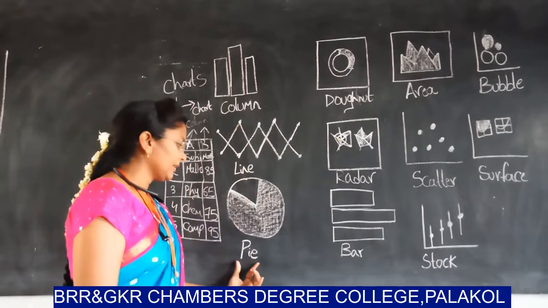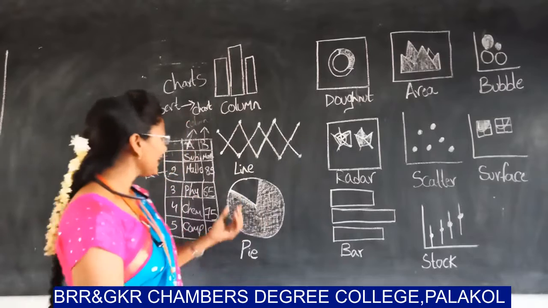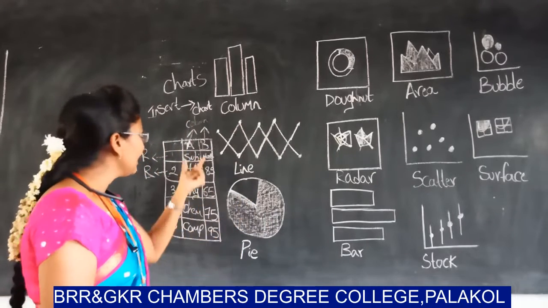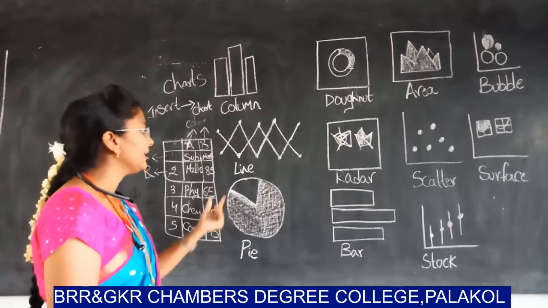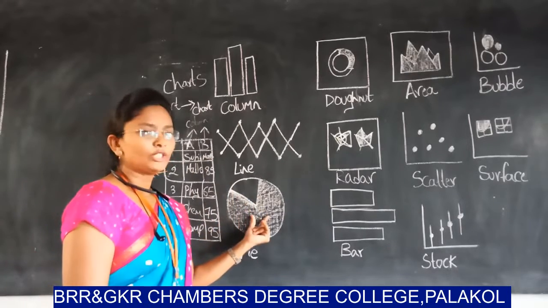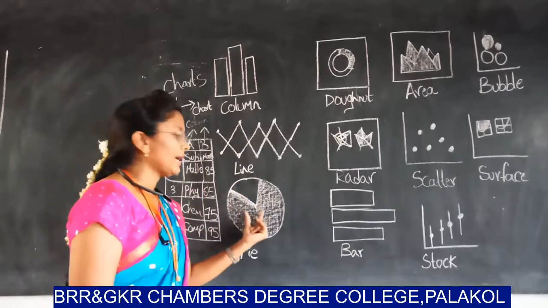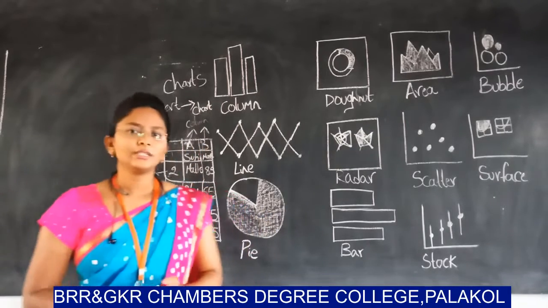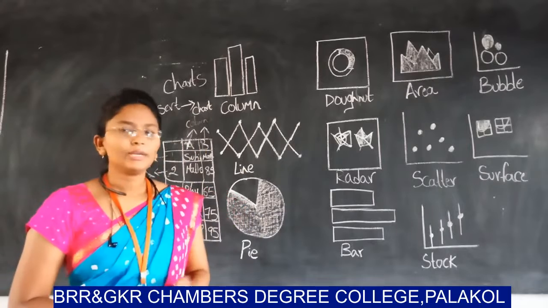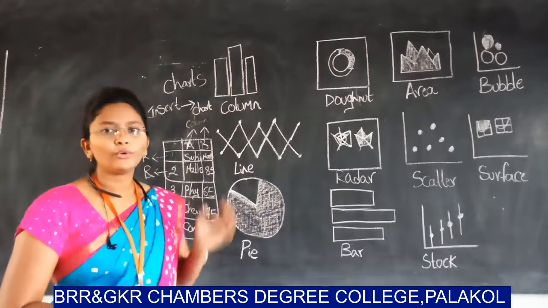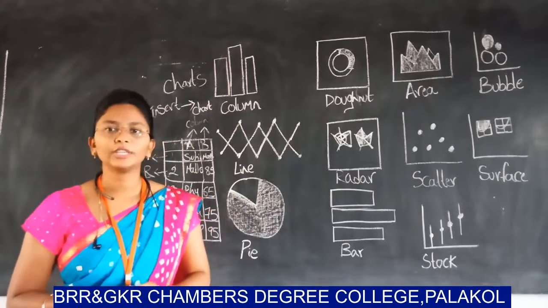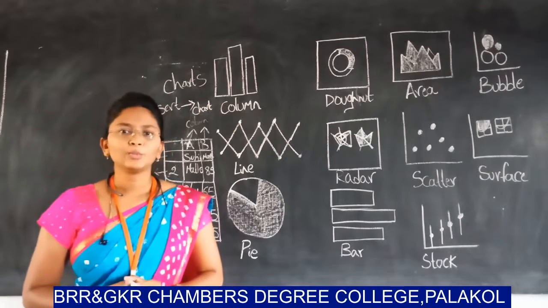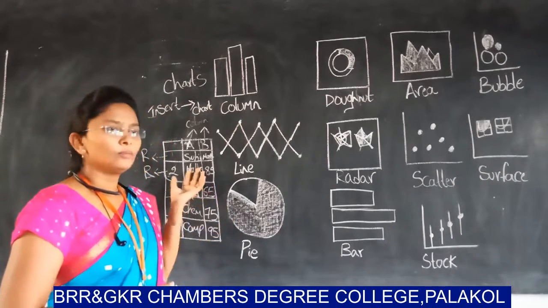And the next one is pie chart. If I am taking this data in your Excel sheet, means if I am selecting this data and changing it into the pie chart, it will be represented in this way. And another frequently used chart is the pie chart. Data arranged in only one column or only one row on the worksheet can be plotted in a pie chart. Pie charts are used to display the percentage of the data.